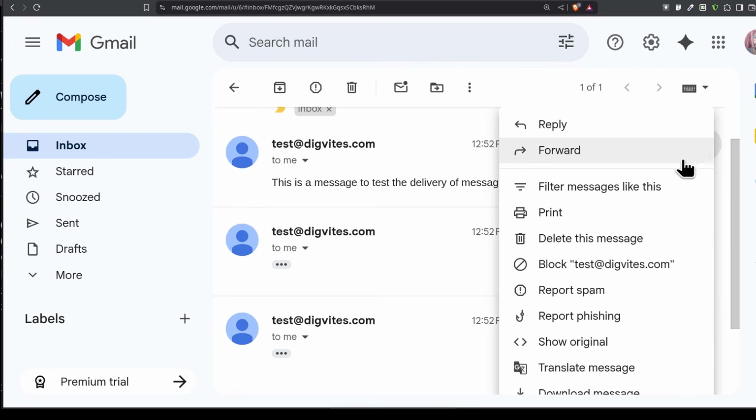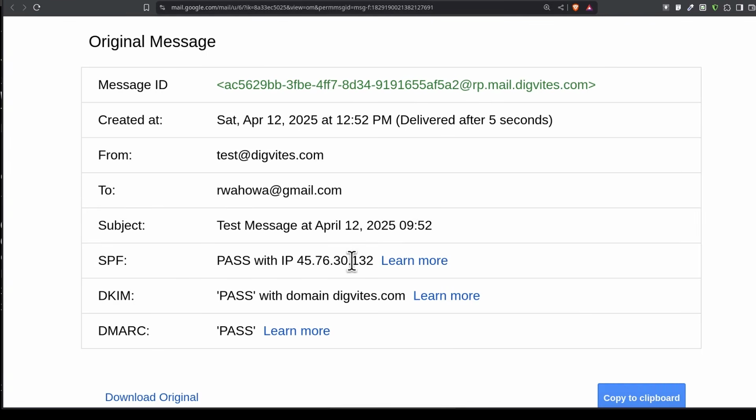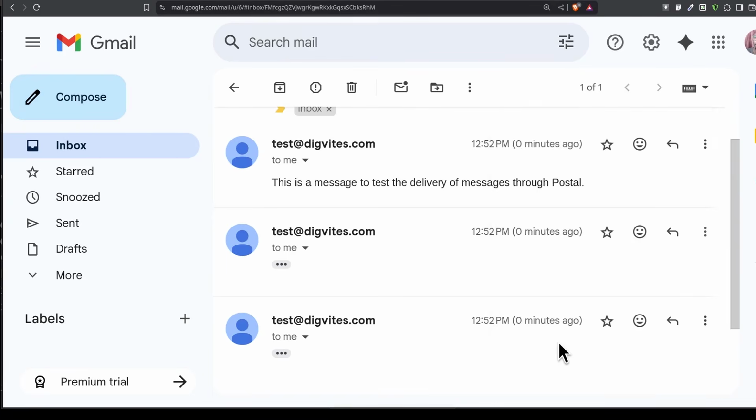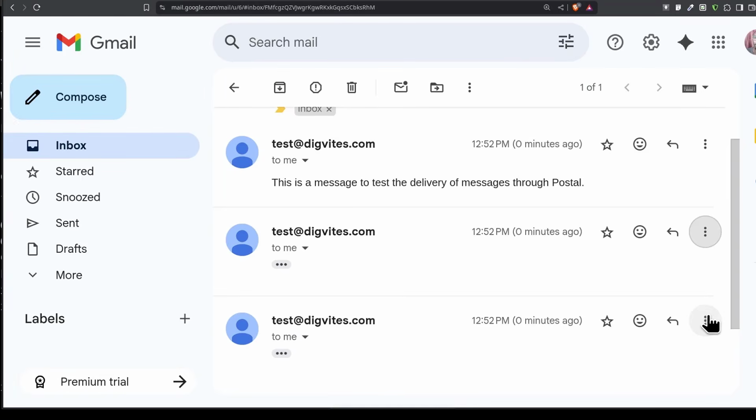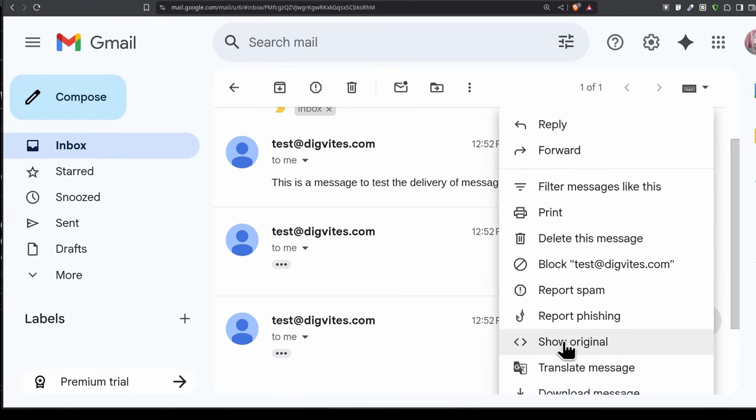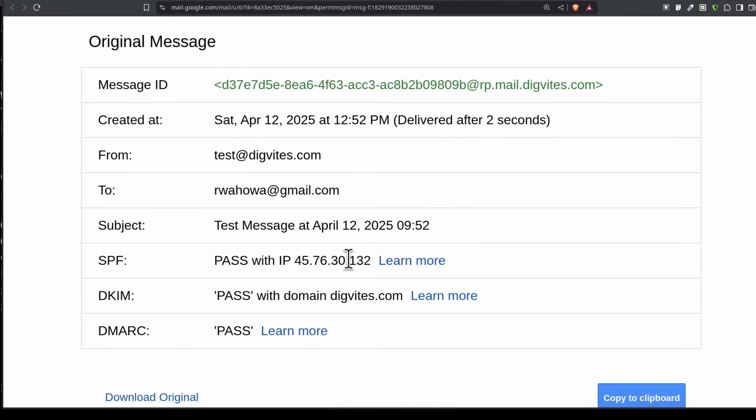Let's see. Show original. That's sent with the main IP. Show original. That's sent with the other IP. Show original. And that's sent with the main IP.